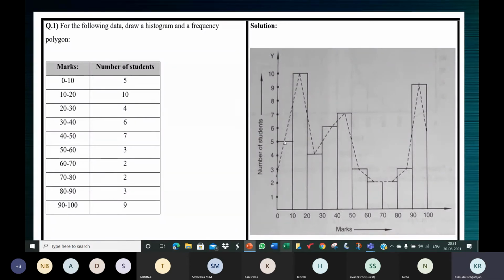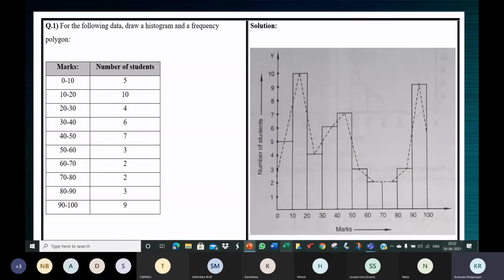So children, I told you, you had to mark the midpoints of the line segment on the top of the bar like this here. And you had to join the consecutive midpoints using a scale and a pencil. And we are done with that. So you have stopped here actually. You shouldn't have this line segment. Also, you shouldn't have this line segment. Now let's see how to finish it.